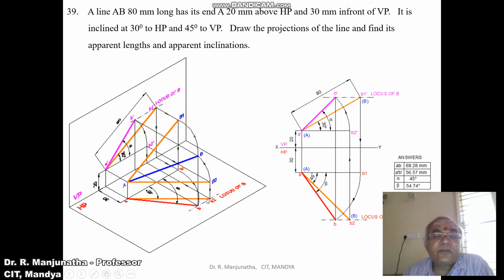Here also we are going to find the actual length. Now we will write the projection of this. When you look from the top view, the image is going to fall on the horizontal plane. That is AB1. So AB1 is parallel to VP. Hence AB1 is parallel to VP. Therefore, we are getting the true length in VP. Similarly, when you look from the front view, A dash B2 dash is parallel to HP. Therefore, we are getting the true length in HP. That we can see here.